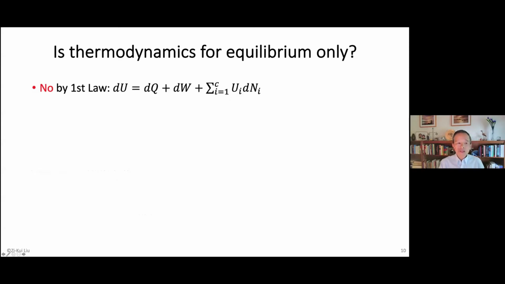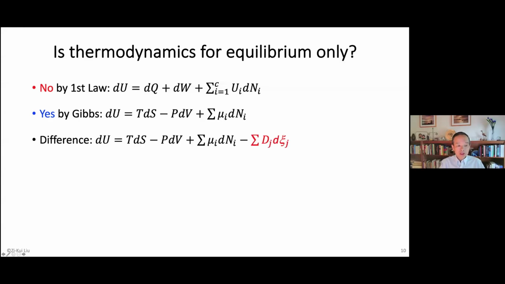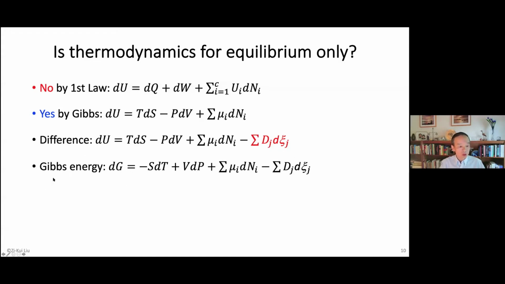So it's not true, because when you talk about the first law, we never say it has to be equilibrium. However, if you look at Gibbs in 1870, it's for equilibrium only, because Gibbs was focusing on equilibrium systems. Now, if the first law is not equilibrium, but Gibbs put this as equilibrium, what's the difference? The difference is this term, it's entropy production by the internal processes. And if we keep this entropy production, we get a new form for Gibbs energy, including the first three terms